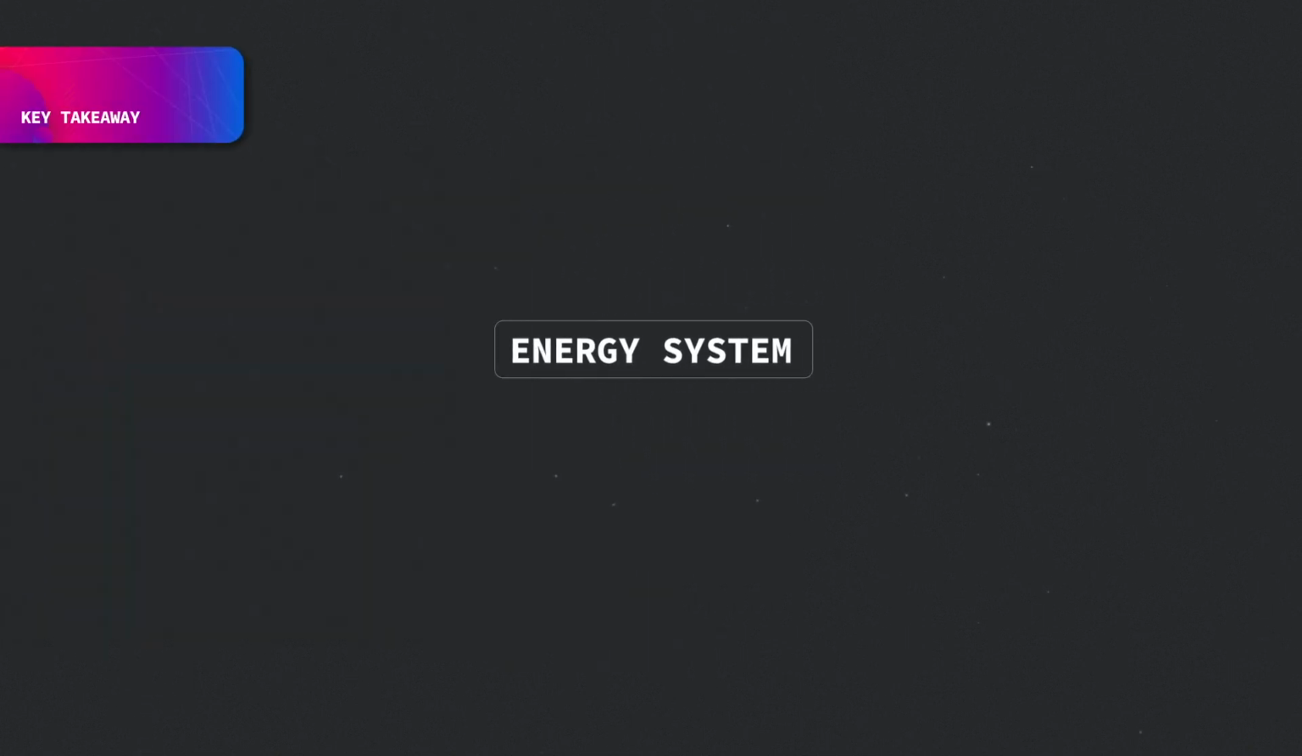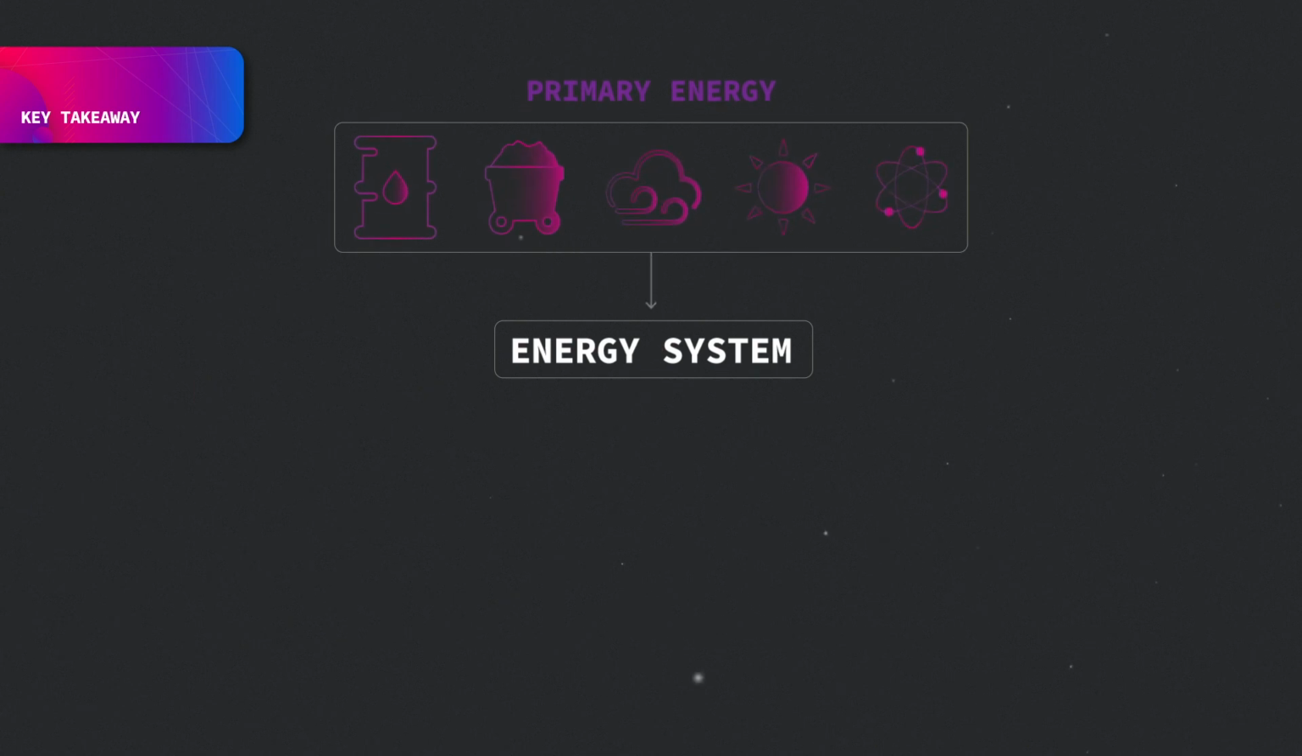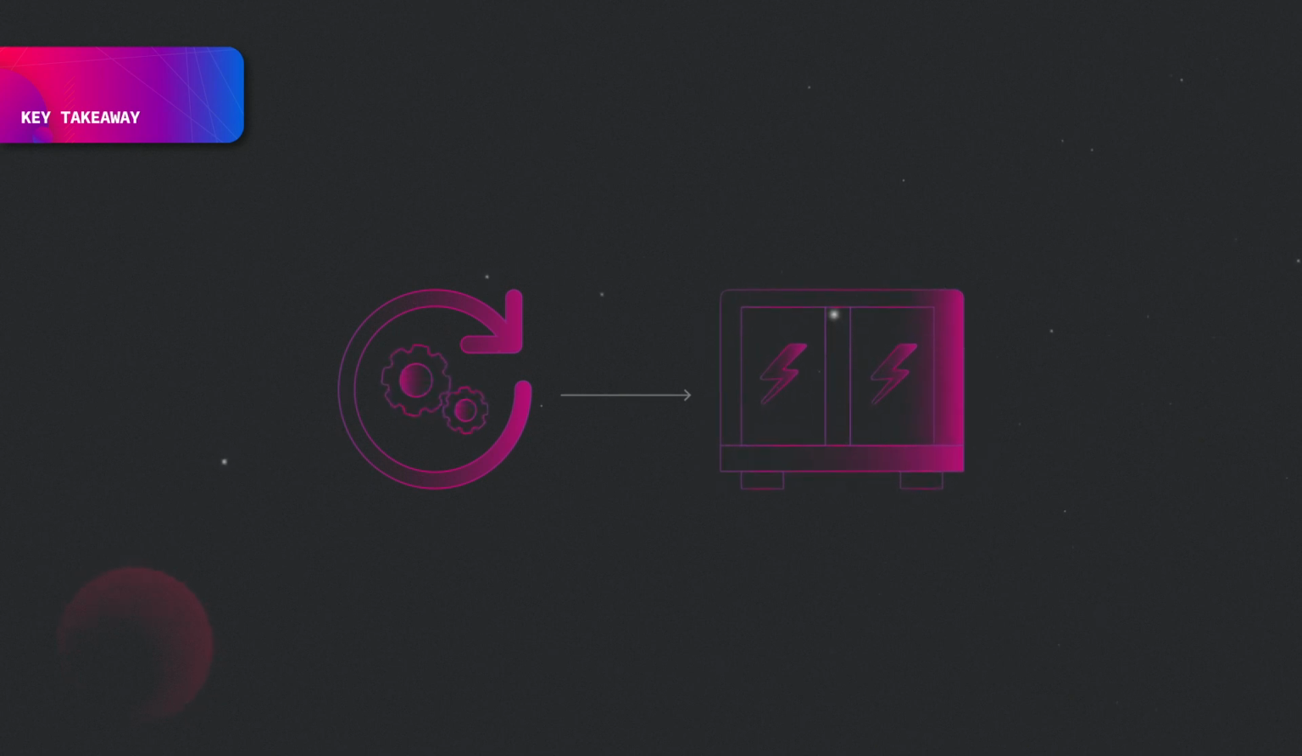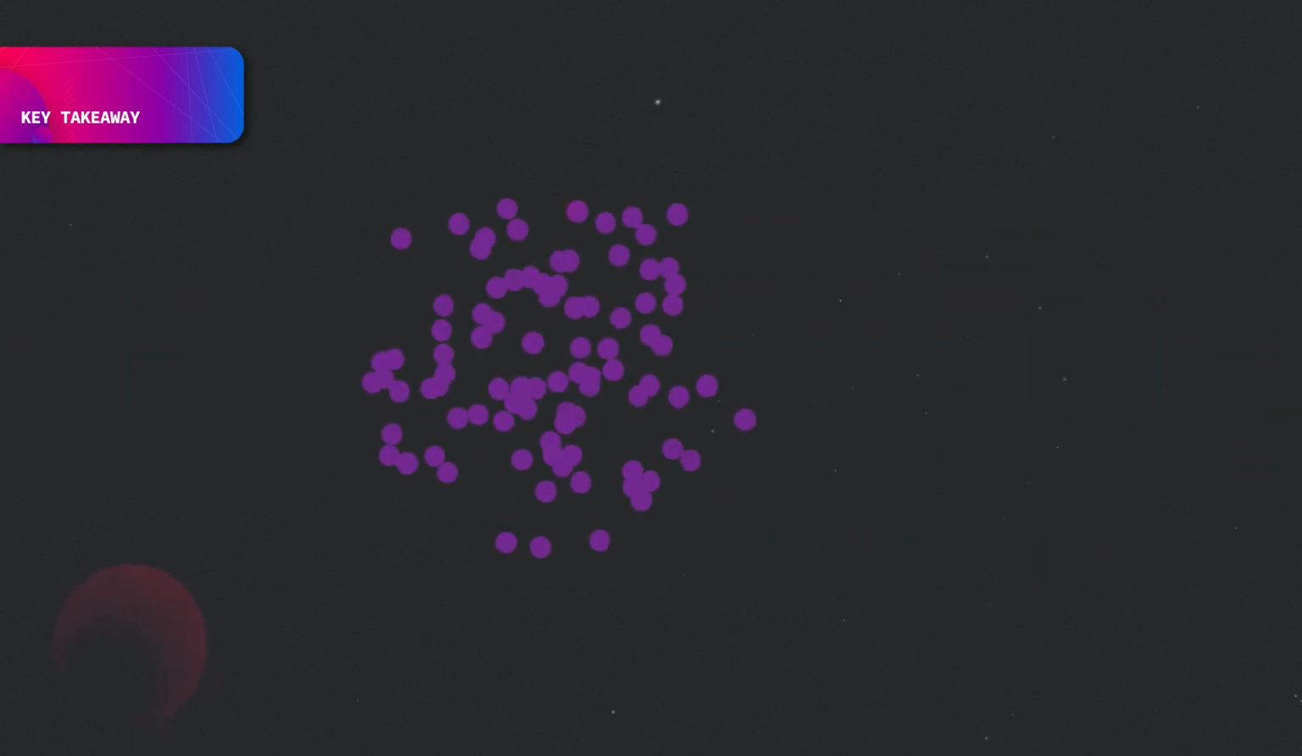To conclude, primary energy types are potential energy forms found in nature and can be either renewable or non-renewable. Secondary energy is transformed from primary energy by energy systems. And one of the most common ways of producing electricity is by transforming kinetic energy by generators or by the photoelectric